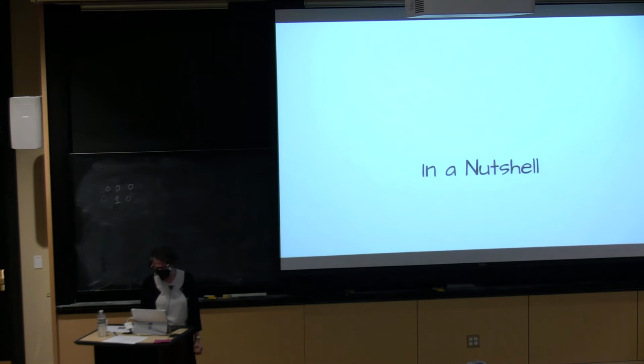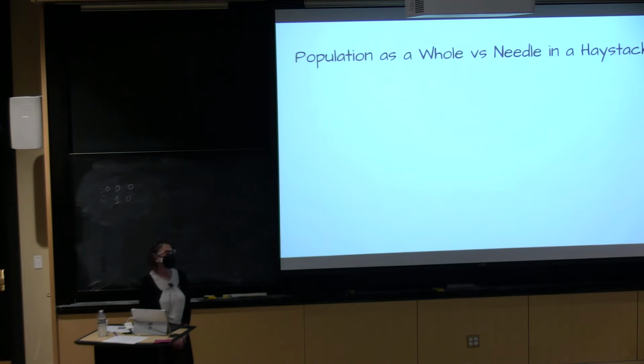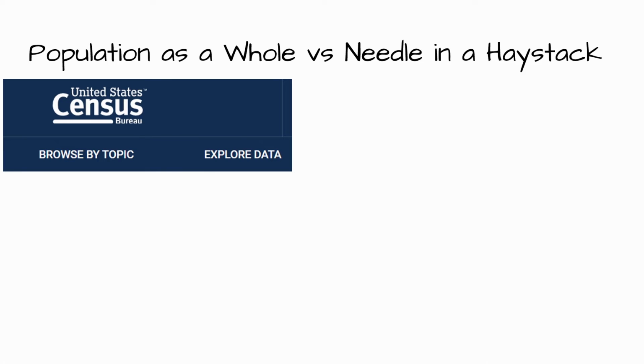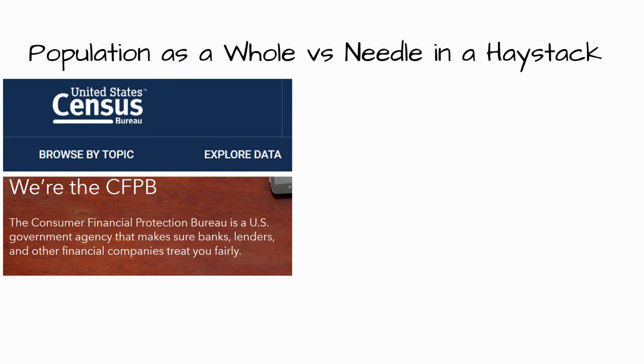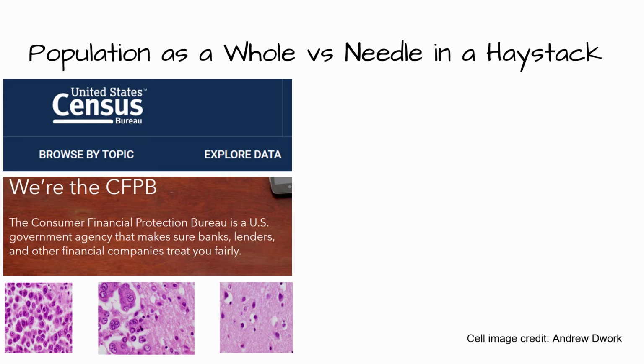So let me say a little bit about privacy in a nutshell. When we think about privacy-preserving data analysis, there sort of are two kinds of things that we might think of. One of them is somehow the statistical understanding of the population as a whole. For example, as we do with the census data, or as we might do if we're trying to analyze the history of loans, looking for evidence of discrimination, or even coming up in machine learning where we're trying to train